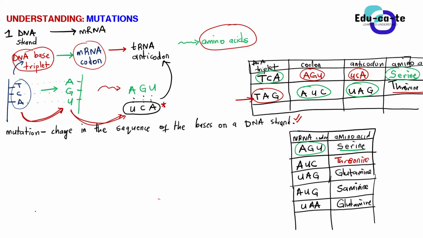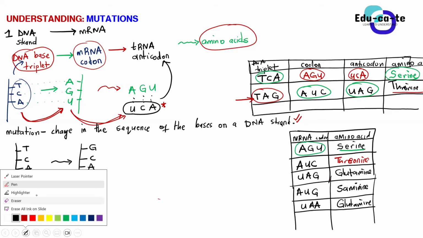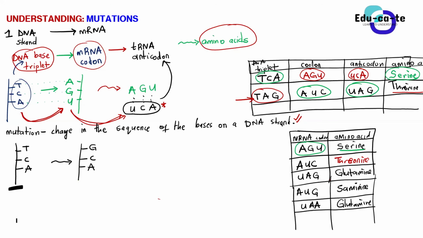So now a DNA strand can have mutations. Let's say, for example, at first a DNA strand had a DNA base triplet TCA, and then all of a sudden it changes in such a way that it now has a different one. Maybe it now has GCA. It changed. What changed here, guys, when you compare these two strands? This is the previous one, this is the new one now. There's been a change on this DNA base triplet. What has changed?